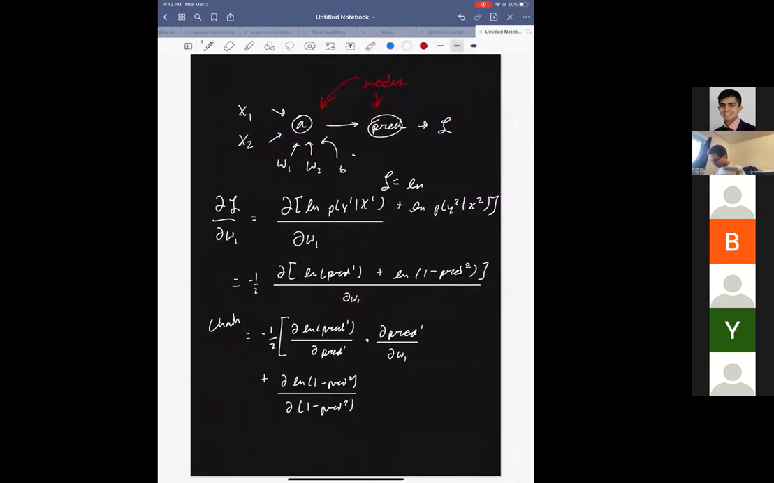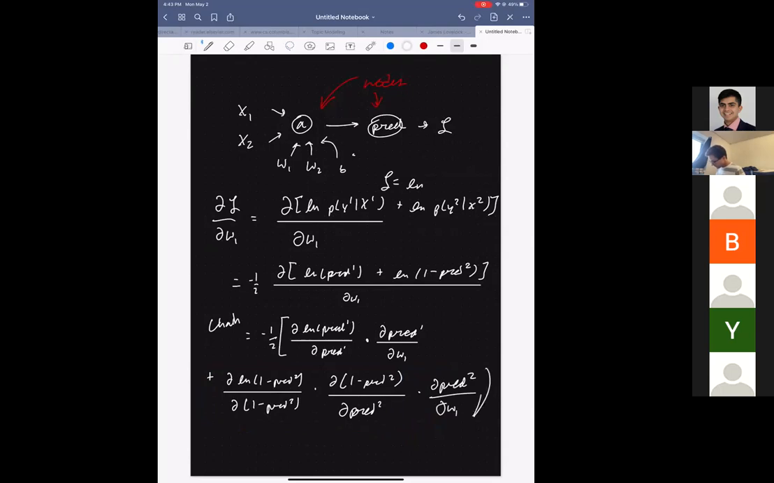And so just unpacking this, we'll take the derivative of 1 minus pred 2 with respect to pred 2, and then the derivative of pred 2 with respect to W1. Okay, this is super messy. Let me write it a little bit neater. Respect to W1. Great. So this is basically the,